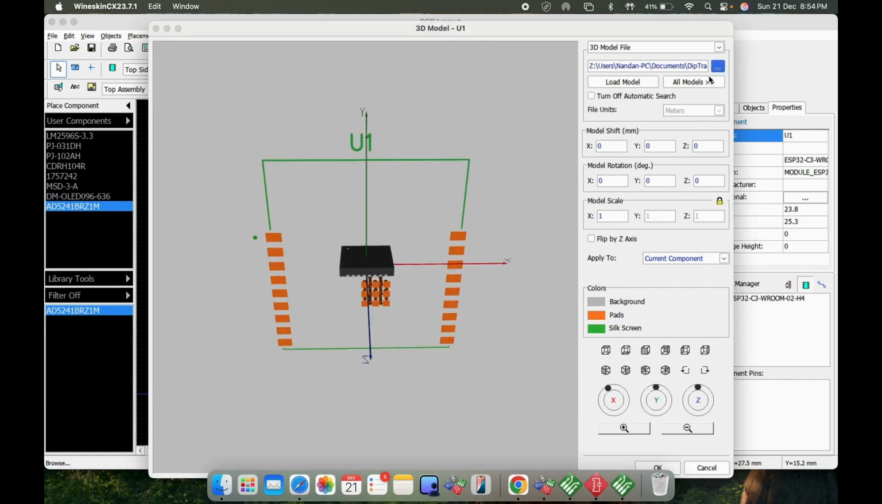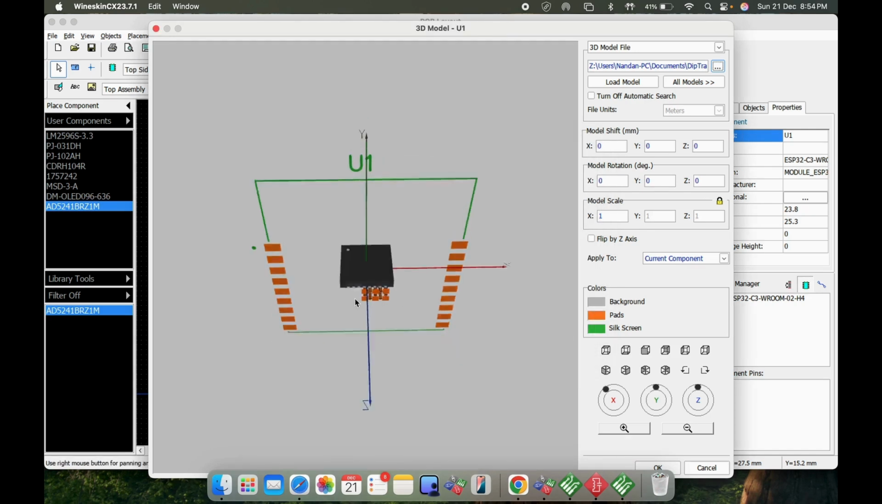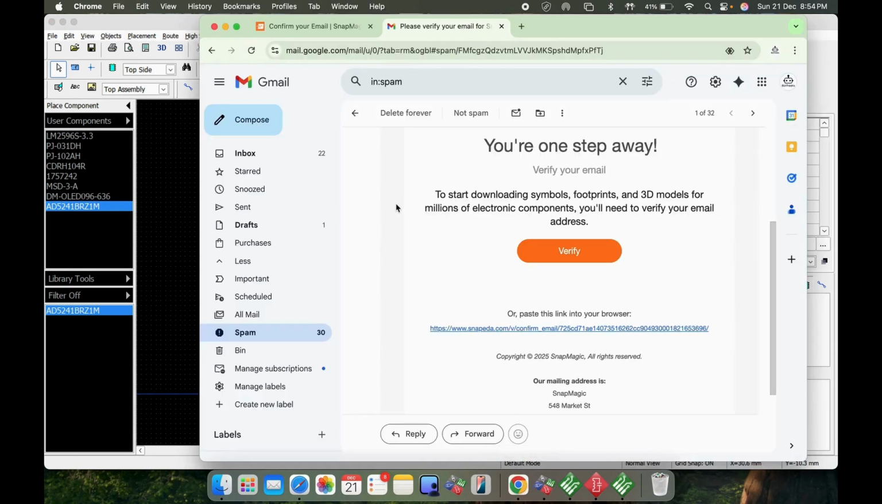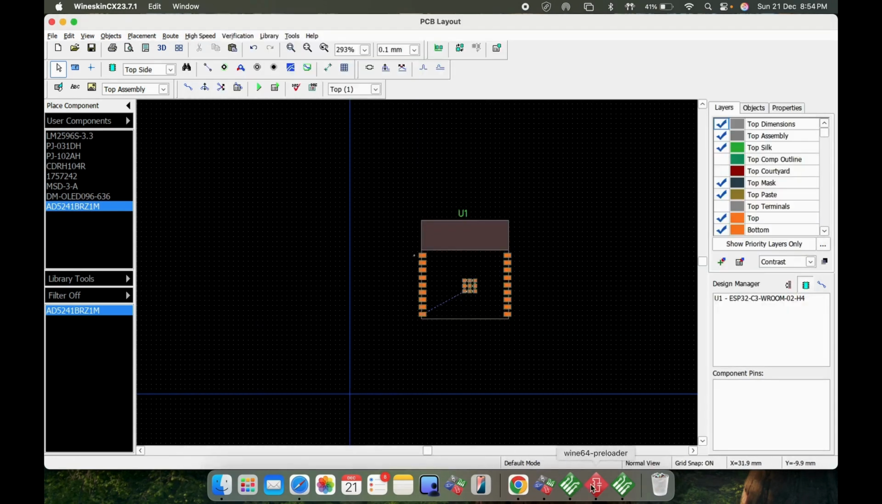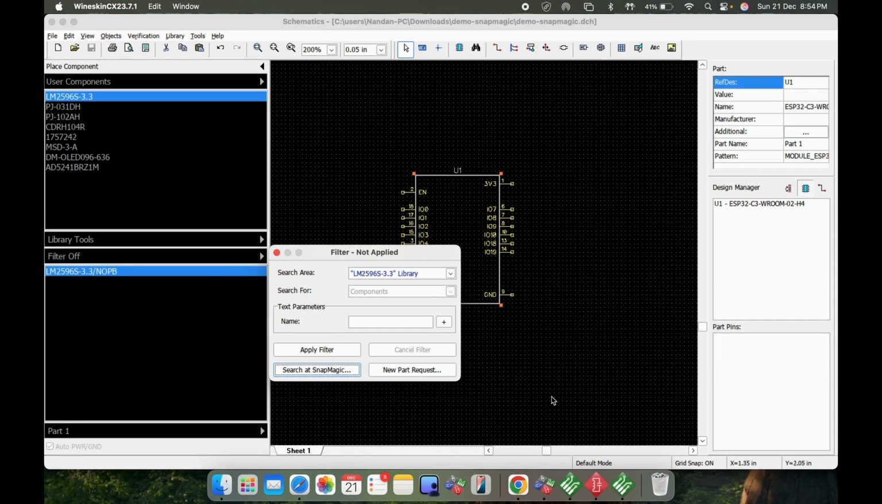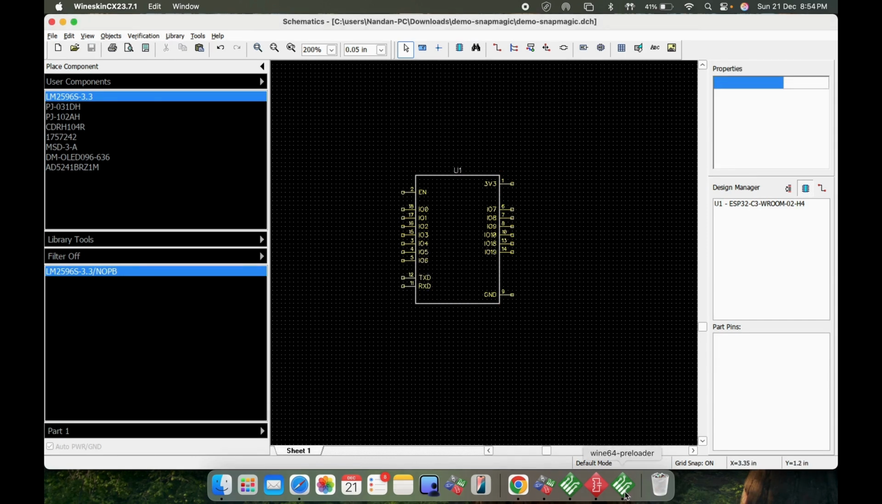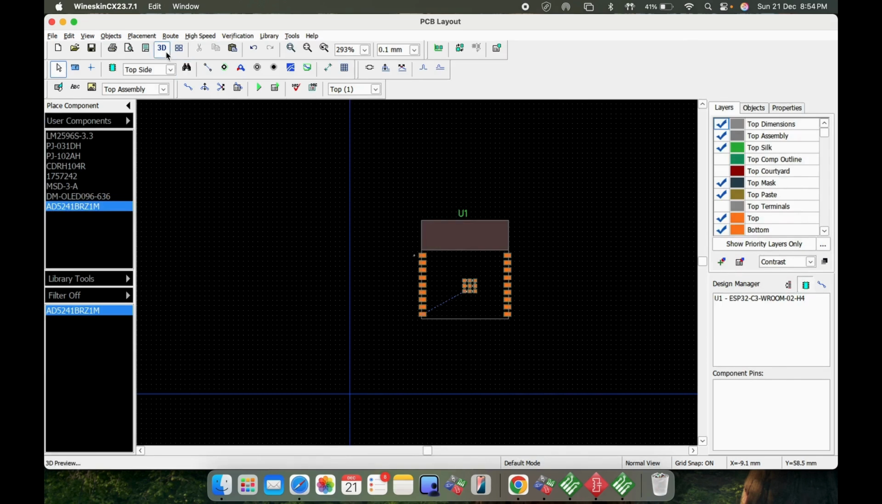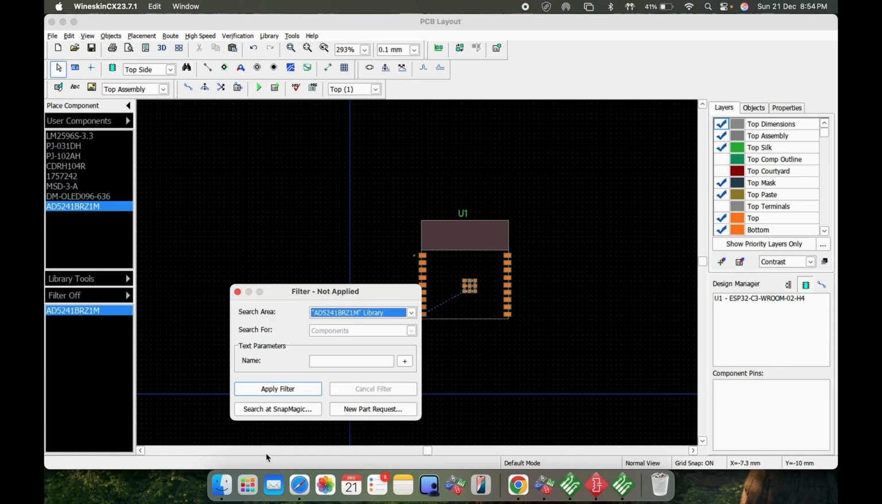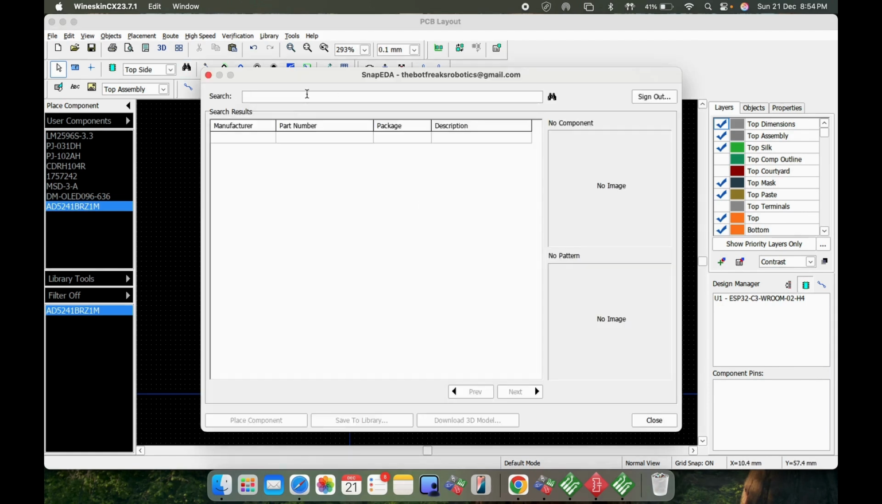Oops. So I think we downloaded the chip instead of the 3D model for the module. So we'll go back. Let's do it from the layout this time. We'll go to search SnapMagic, and we'll search for ESP32C3,